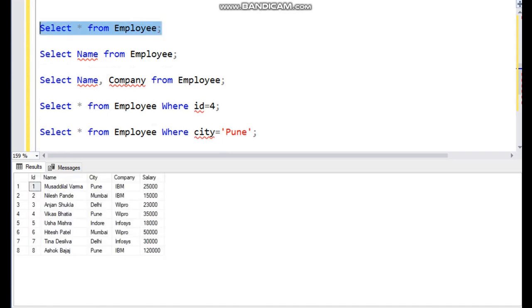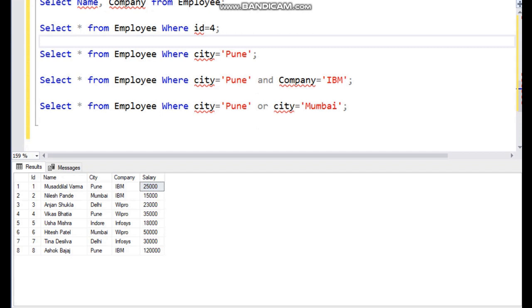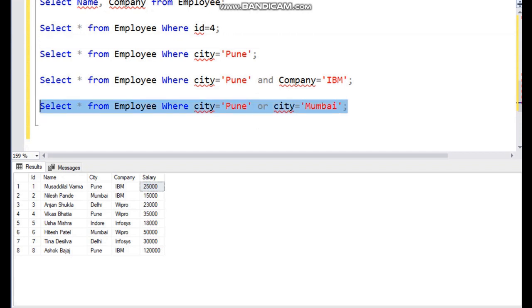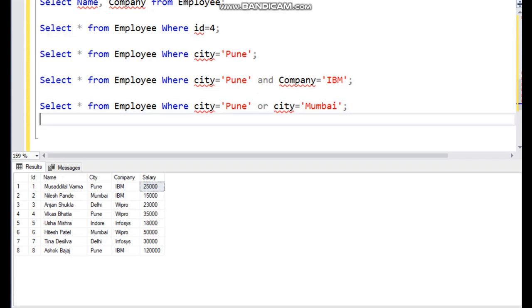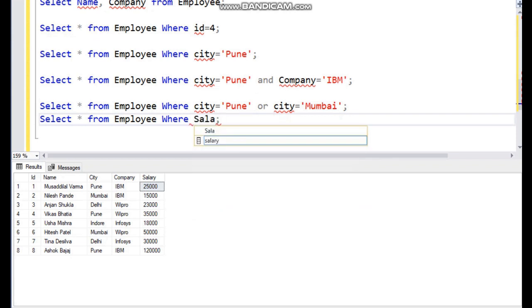Understood this much? Now if I want to display the employees whose salary is greater than 25,000, here the condition is what? Salary should be greater than 25,000. So in the where clause, we will write salary greater than 25,000.